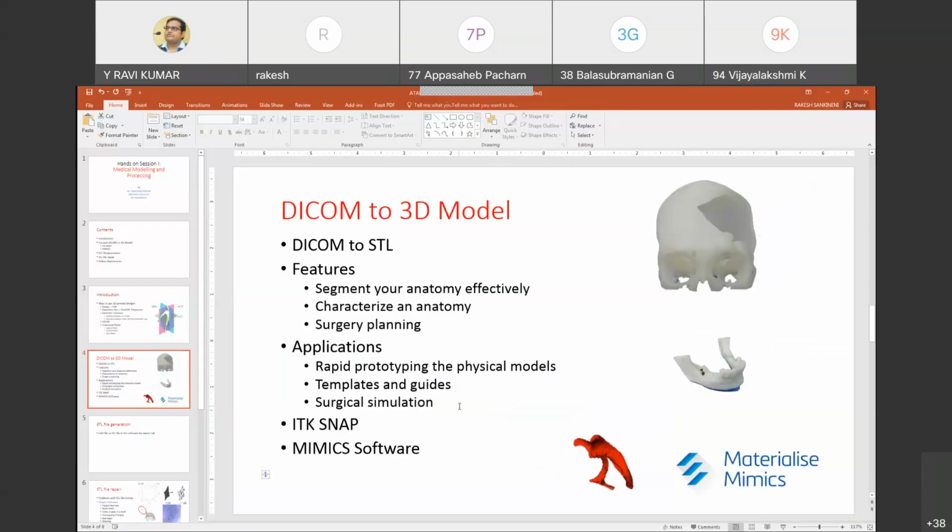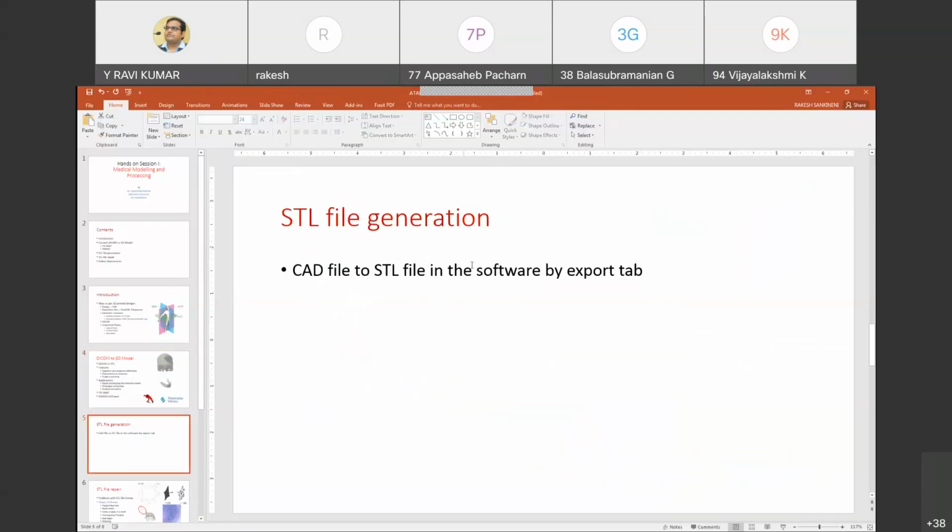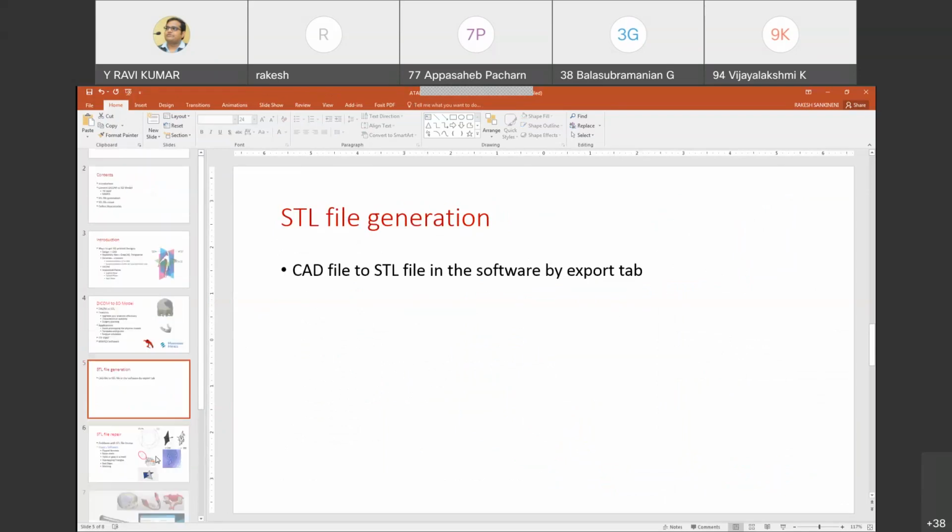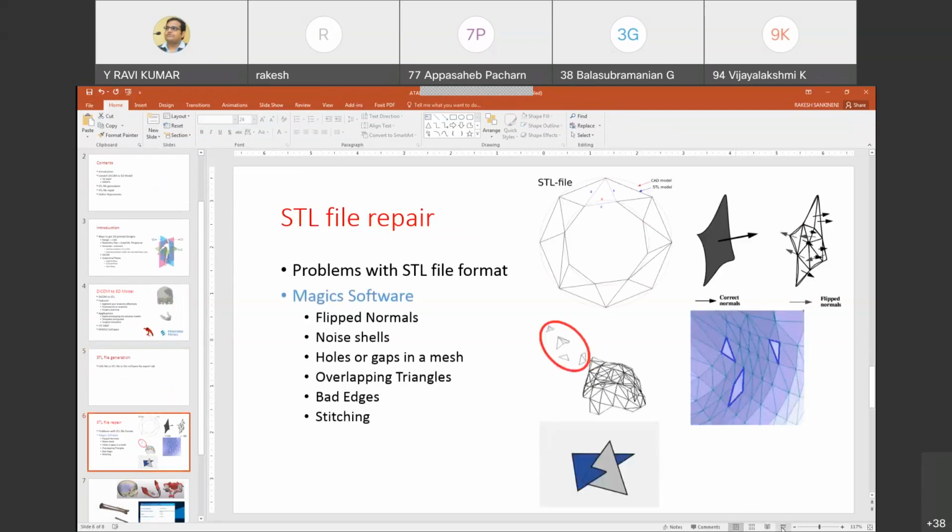Now the STL file export: there is an export tab in Mimics as well as in ITK-SNAP, so that from the segmentation the STL file is generated. But there is a problem here. Once we get the STL file, it is a mesh file made of triangles.